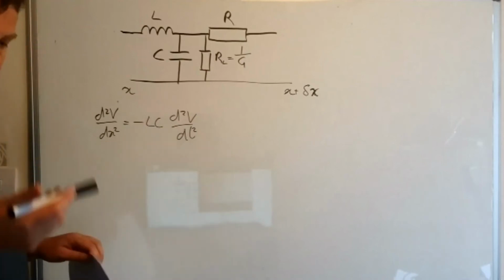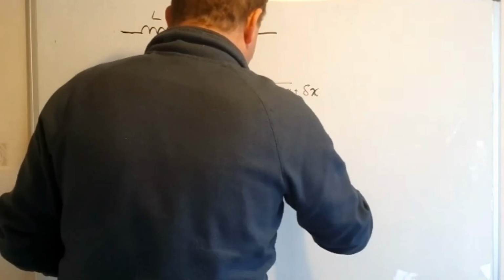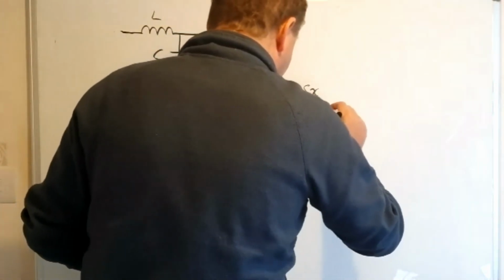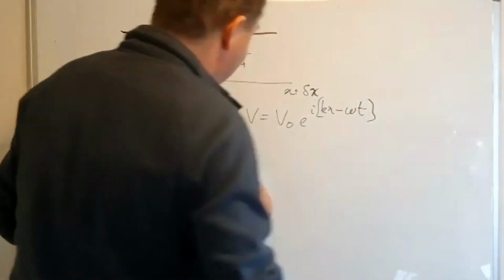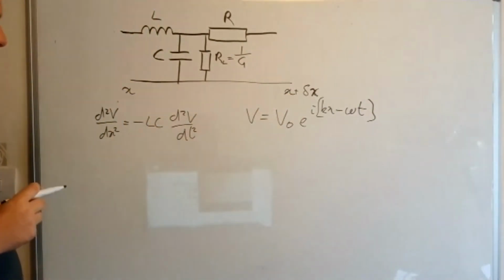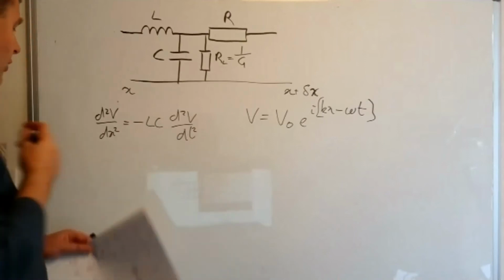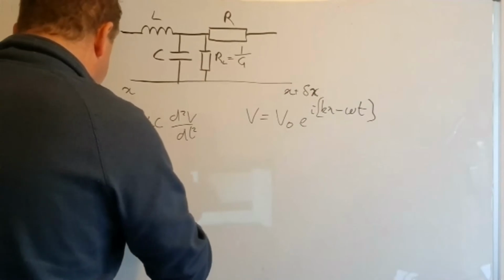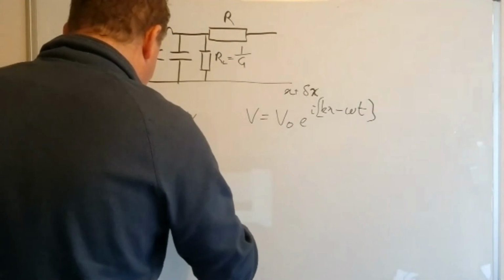So solutions to these types of equations are going to be traveling waves. So we can write v is v naught e to the i(kx minus omega t). So that's a standard traveling wave written down as a complex exponential. And so if we go and do that, what you can show is that d2v/dx squared becomes minus k squared v,